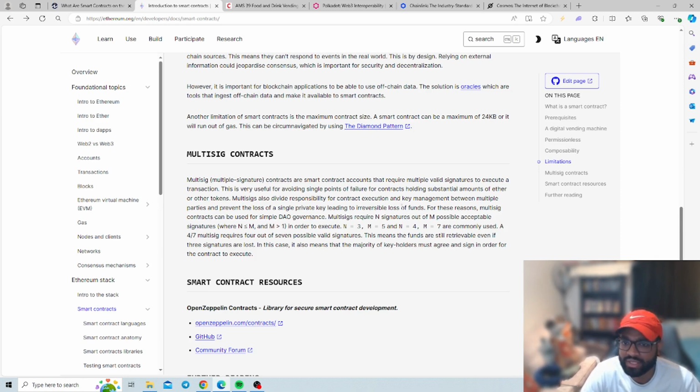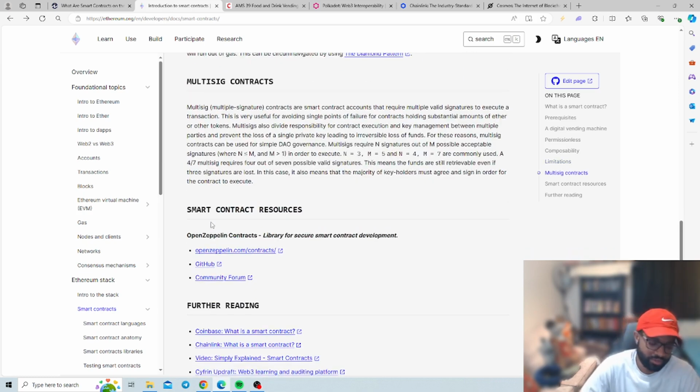Multi-sig requires M signatures out of N possible accepted signatures, so I'm not going to sit up here and read all this. For example, 4 out of 7 requires 4 out of 7 possible valid signatures. This means the funds are still retrievable even though 3 signatures are lost. In this case, it also means the majority of the key holders must agree and sign in order for the contract to execute. So even breaking down multi-sigs would be great if you're in a group